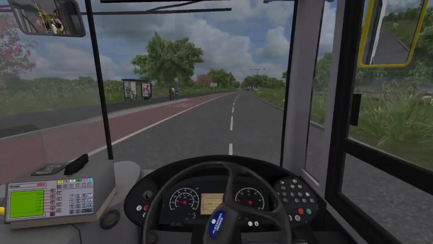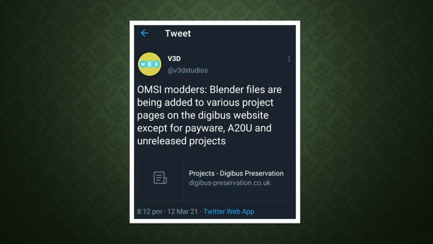Okay, and now onto the final thing for today. So for those of you who are modders and who have particular experience with Blender, some exciting news. V3D has announced that he is going to release the Blender files for all of his projects except for the MAN A20U, and I believe the reason for this is because it's such an old project, he probably doesn't have the Blender files anymore, or they're somewhere that's not so easy to acquire, and obviously the paywall ones can't be sent out due to copyright reasons because it's a licensed product, and then the unreleased projects such as